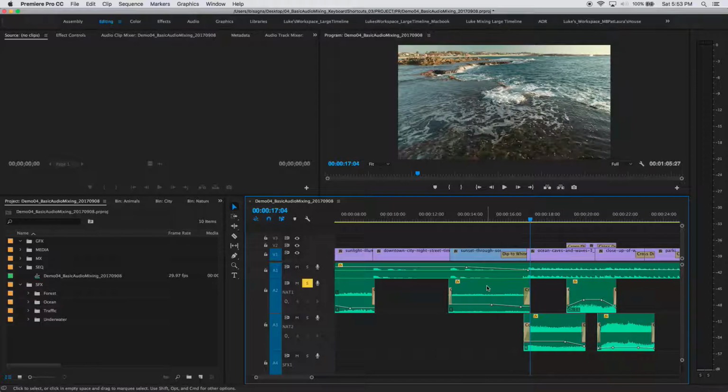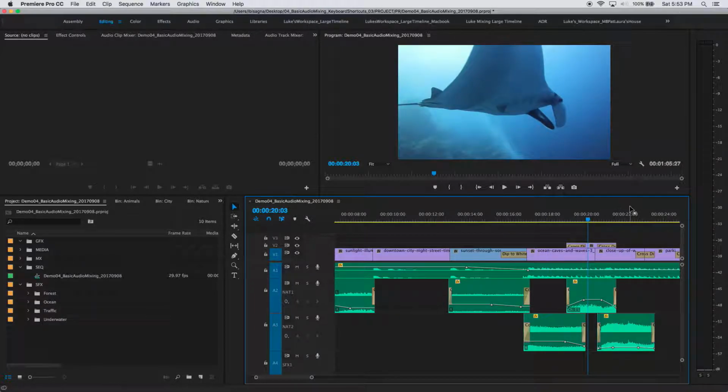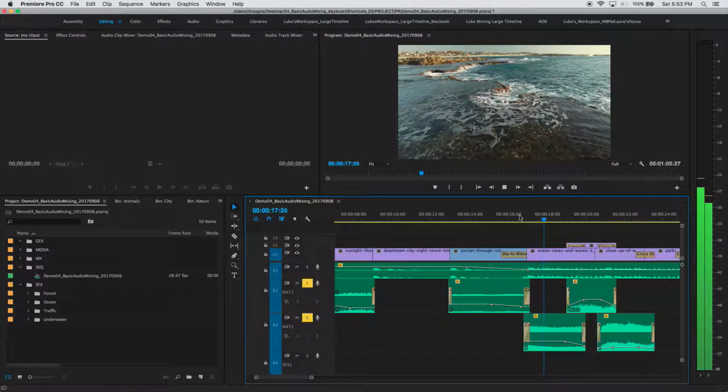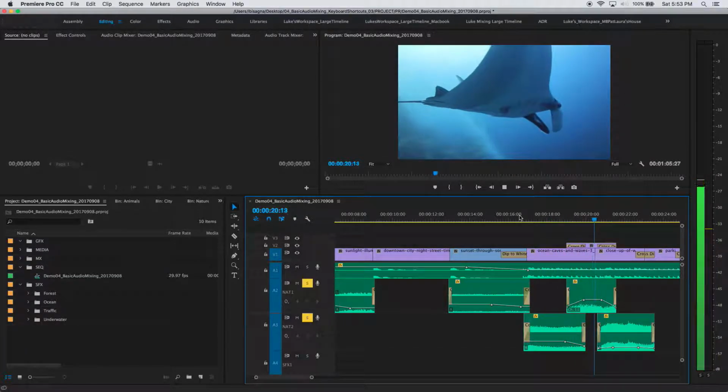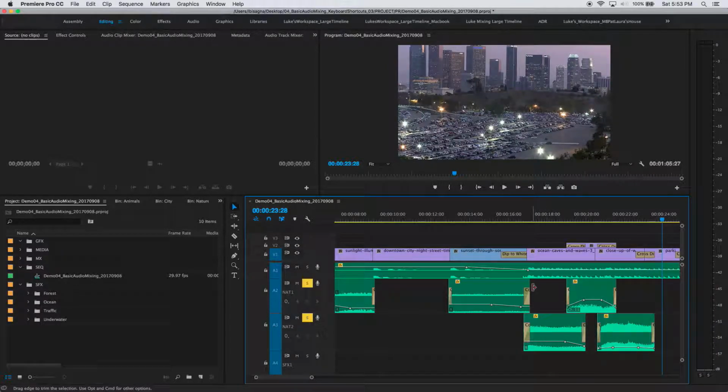Okay? So let's look at the next little piece that happens here, and that has to do with the ocean, then this underwater scene, and then the beach. Okay? So I'm going to solo just both of the NAT tracks here, and you can listen to what happens as we transition through these different shots here. You can see we're transitioning in sound as well. Okay, so the ocean comes in,